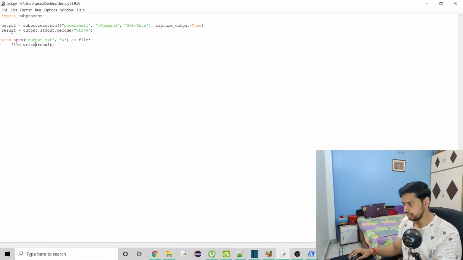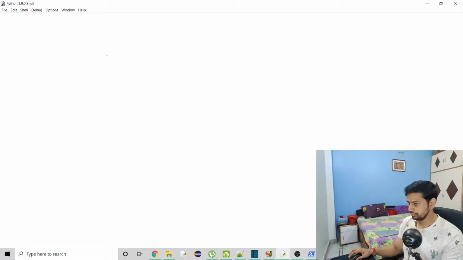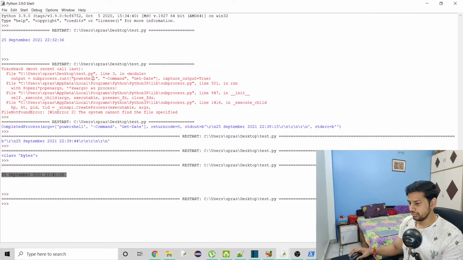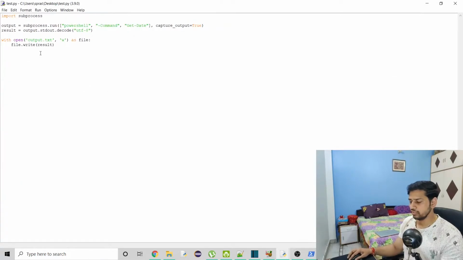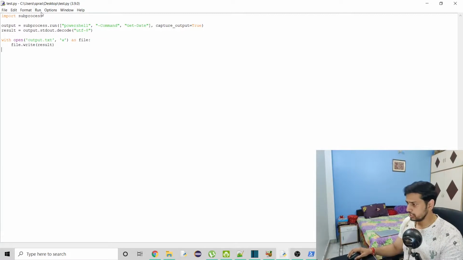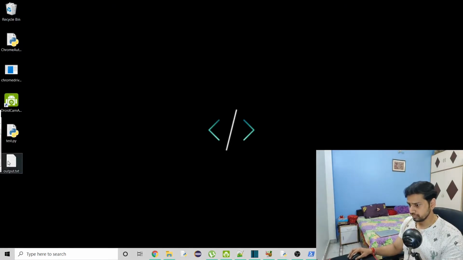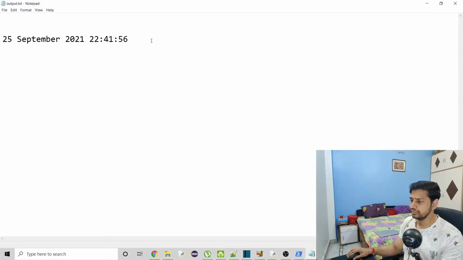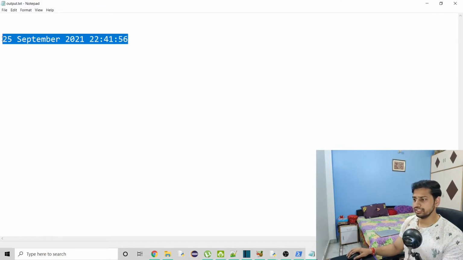Now let's try to run this. I forgot to do one thing. There is no message that this went successfully, which you can try later on after this, right? You can do that, and this is saved on my desktop, so this file should be on the desktop. So here you can see that we got the output, and it looks good.